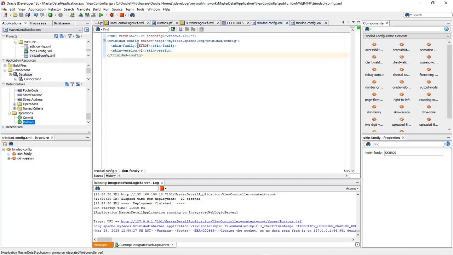If I want to change the name of this skin family, like I want to give it Fusion FX, you need to remember the name of this family. Fusion FX is there and Alta is there and Skyros. If you go to Google and see, you can find many other skin families. Here save,